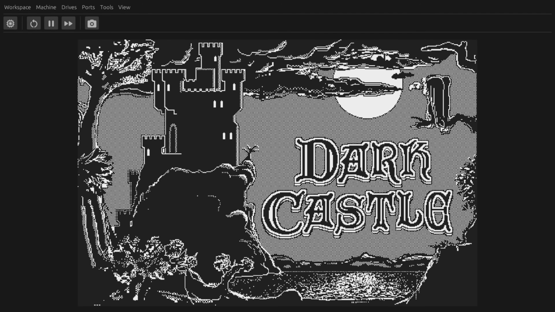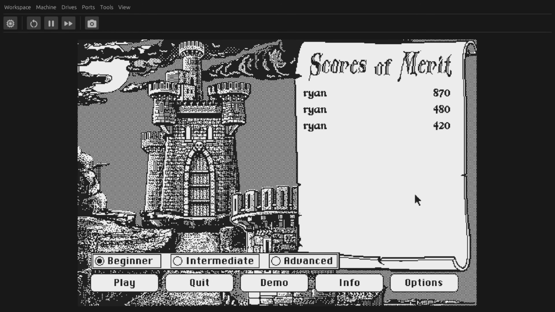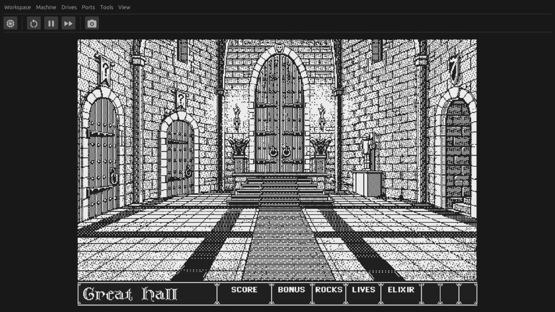Yeah. Click. I think this is the one that I used. The mouse seems more responsive here, so maybe that was just the Lode Runner mouse. I don't know. I don't know how Macs work. We're here in the Great Hall. That's me. I do not remember any of the controls. Oh man, maybe I'll have to go watch my video about how this is played. That's why I made those videos, so I can go back and see how you're supposed to play this, because I don't know what I'm supposed to do now.